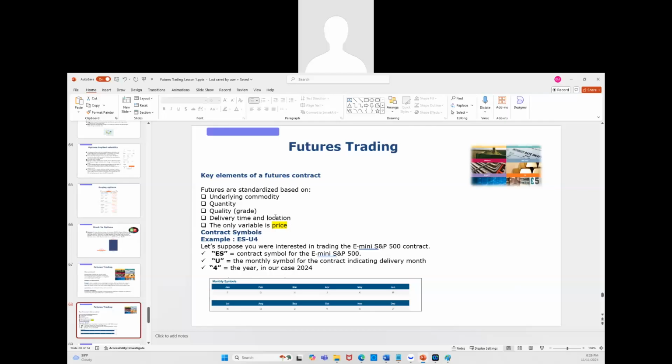All right. And then we have contract symbols. Every future has a symbol that you use to trade, just like with stocks. Tesla, you're gonna see TSLA, Nvidia, NVDA, XTI, just like that. So futures also have symbols, and the future symbols are not just symbols, they have meanings attached to them. For example,